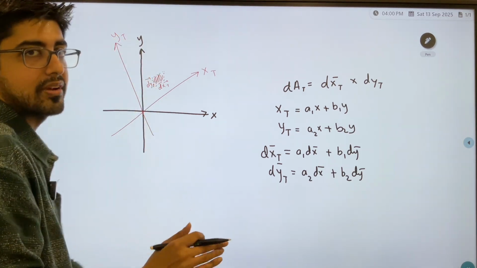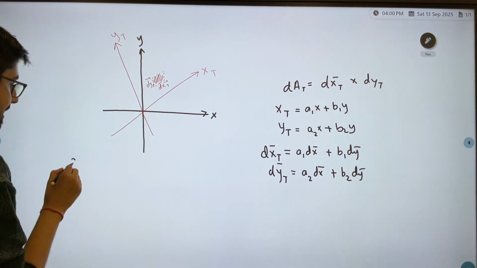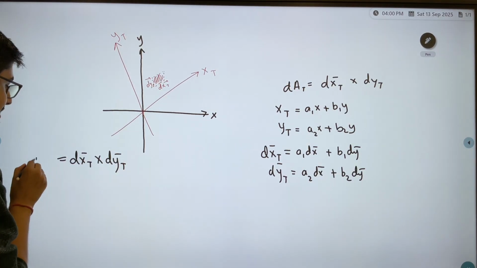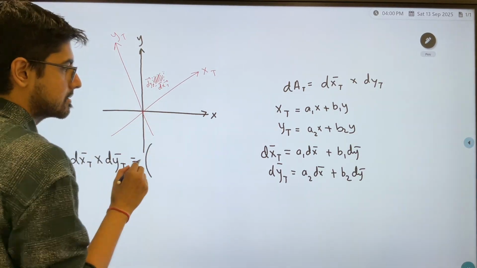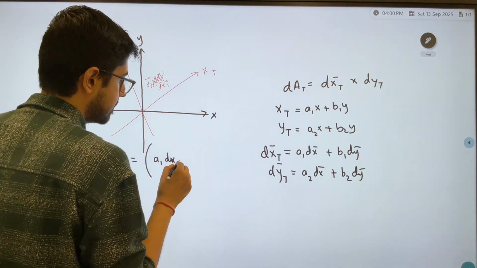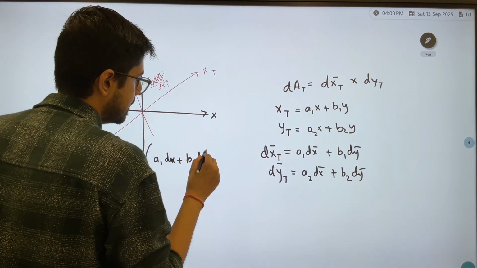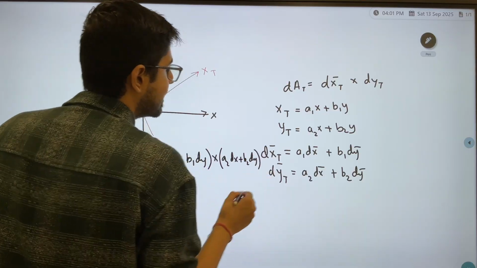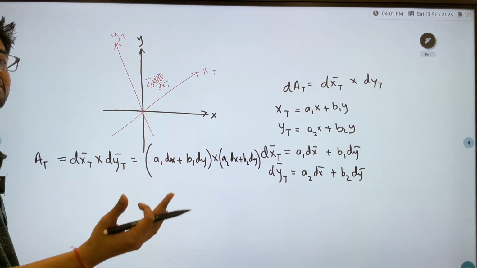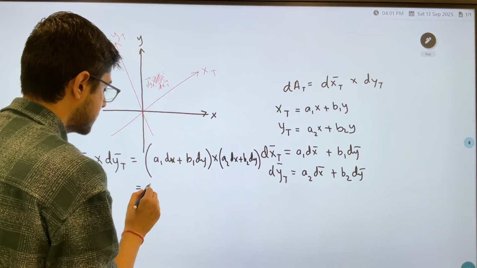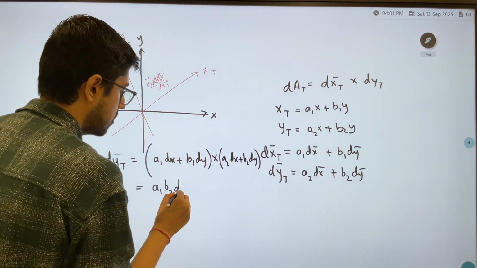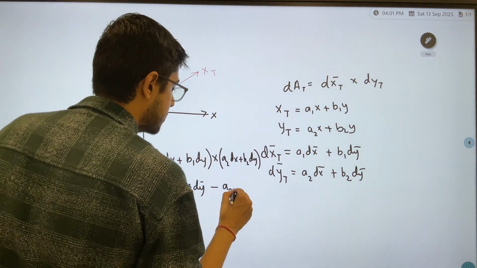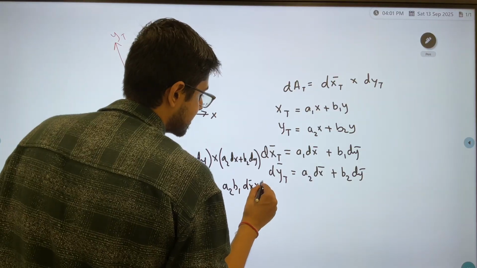my original frame of reference, are perpendicular, I will get dxt cross dyt, which is my transformed area, is a1 dx plus b1 dy cross a2 dx plus b2 dy. And when I'm doing cross product, dx cross dx is 0 because they are parallel, which will give me a1 b2 dx cross dy